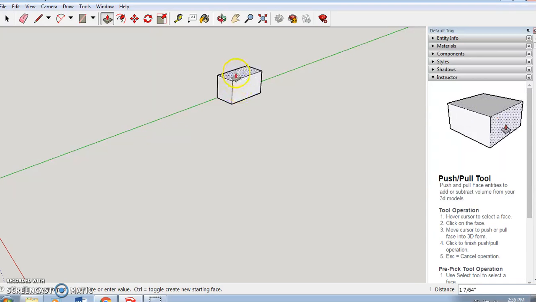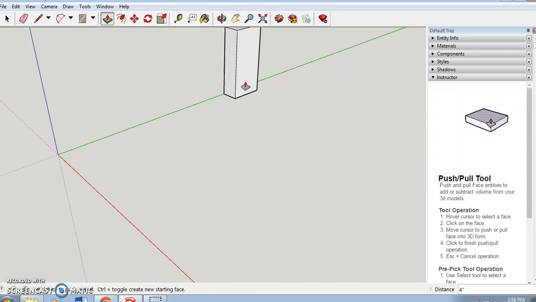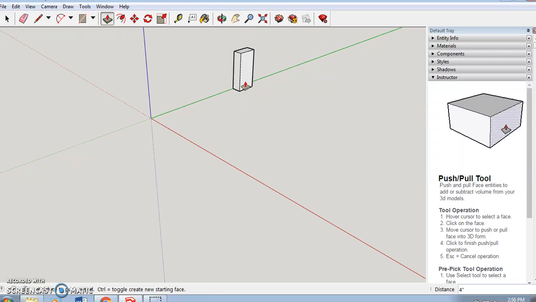Now I can just pull it and it will make different heights, and you can see the heights in the corner here. But if you know the height that you want, so I want to make a 4 inch box, you can type it. Again, you type 4 and then the inch symbol, and then it won't do anything until I click enter, and then it'll make the box the size that I want. I can zoom out a little bit and see my